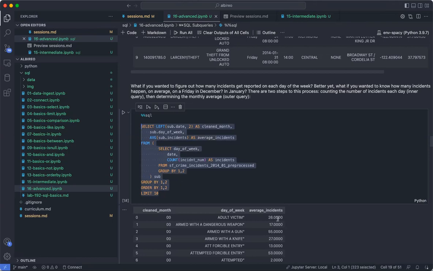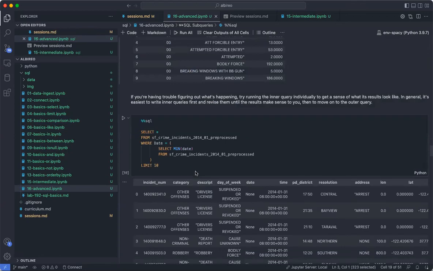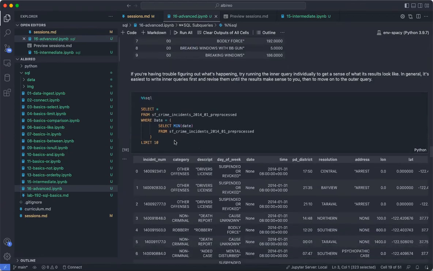You can see the average incident we are getting from the particular label, day of week, and also the clean months. This is the logic we picked from the left of two. Then another, I think the same one, we are doing now from a different side. So we are saying select all the columns from this table where,